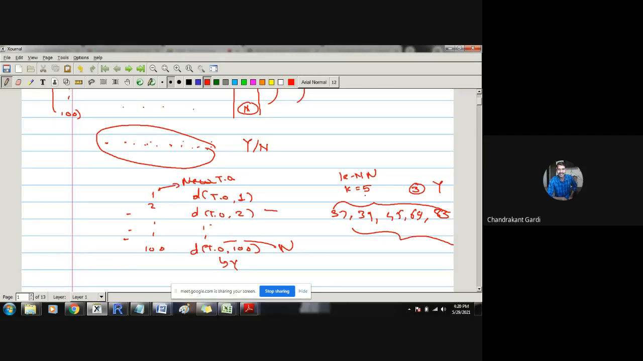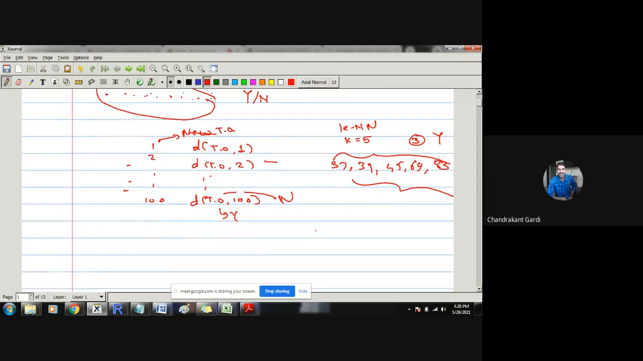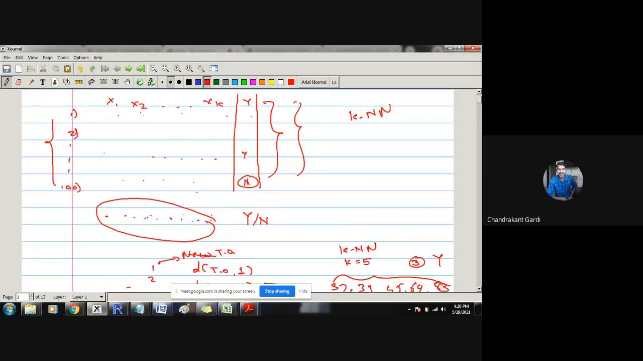So whatever be the value of k, the majority index will be considered based on that. So if k is equal to 7, then 4 or greater than 4 will be a majority kind of thing. Likewise, whatever new observation is there, that observation will be measured from each and every observation from these 100 observations, and then